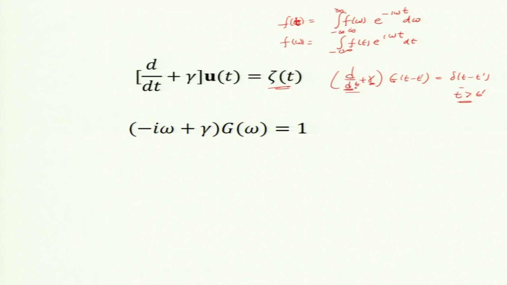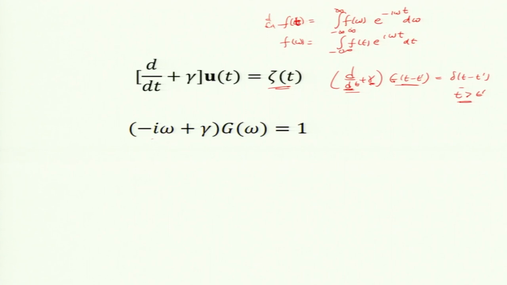This d by dt will give you minus I omega. What I am doing here is d by dt of this, right. So, minus I omega will come with gamma, and g(t minus t prime) is replaced by g omega,